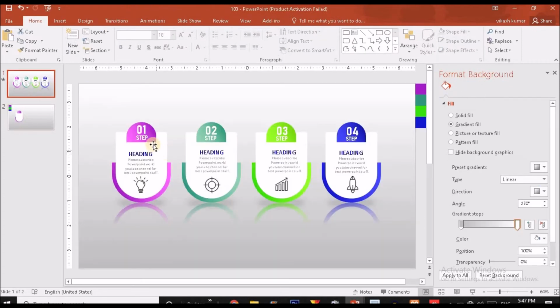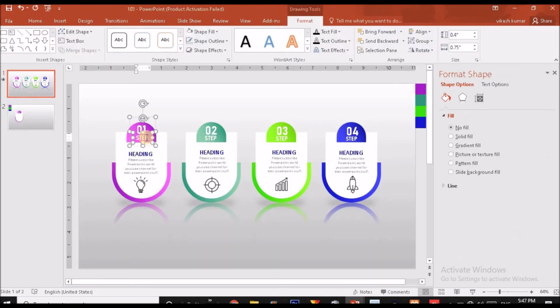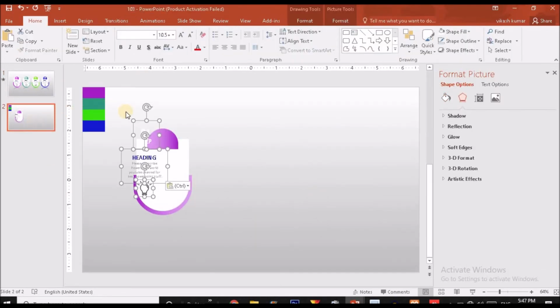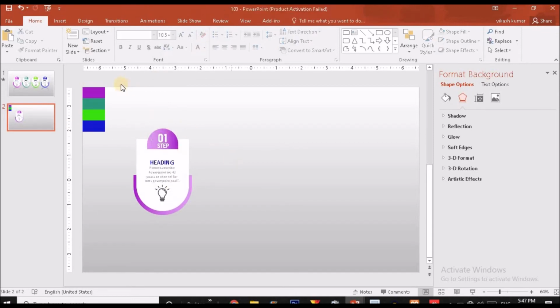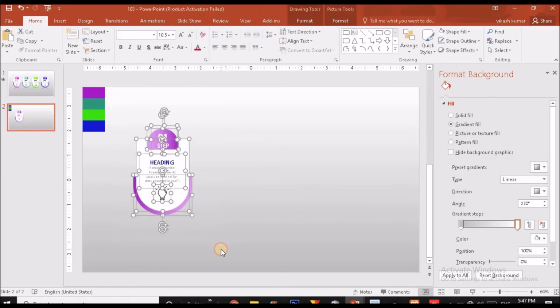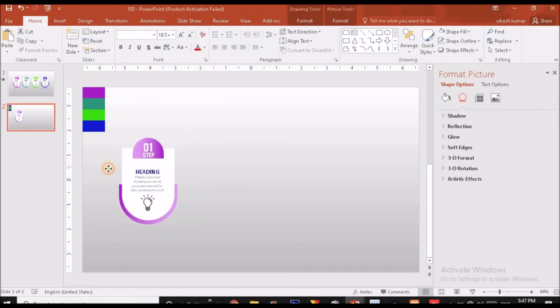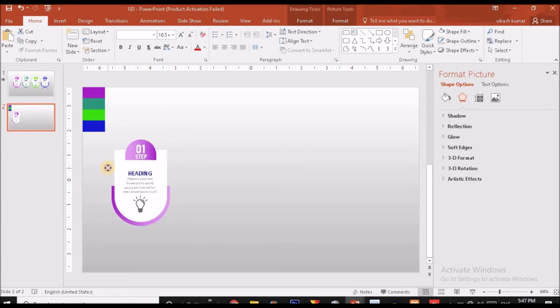Now what we have to do, we just have to click on this shape. We are going to choose this one and this one. We are going to copy it from the previous slide and paste it over here on our current slide and put it over here like this. Okay, now select all these shapes, press Ctrl G to group it and drag it over here like this.